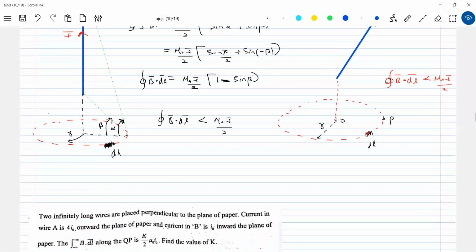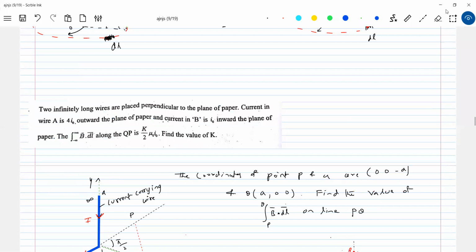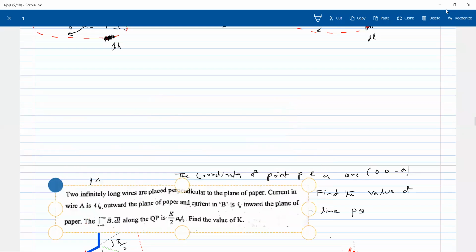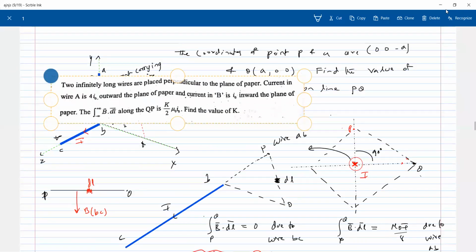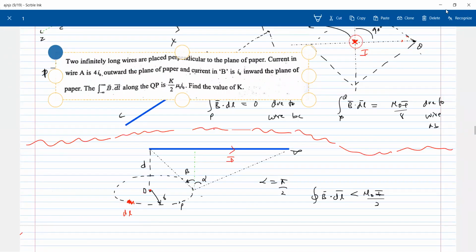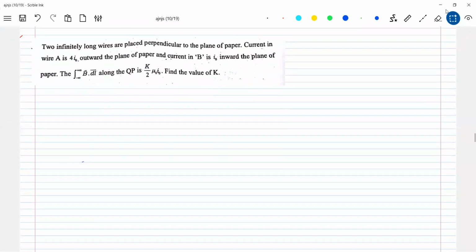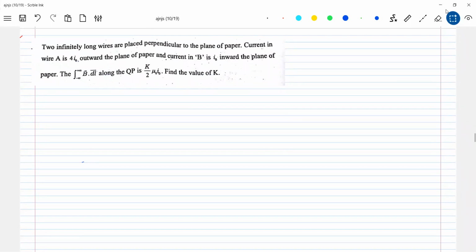Okay, now we'll take this one more. Read the question. Two infinitely long wires are placed